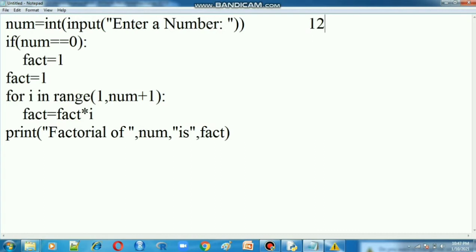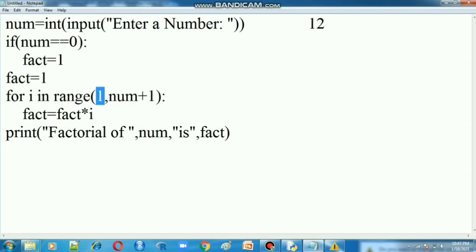For is the keyword, I is the counter variable, and range is the function. The range function itself has three parameters: start value, stop value, and step value. The start value is 1. Next, the stop value is num plus 1.